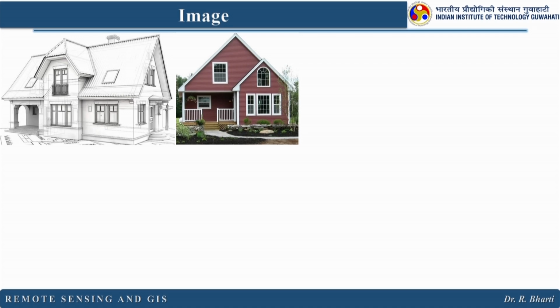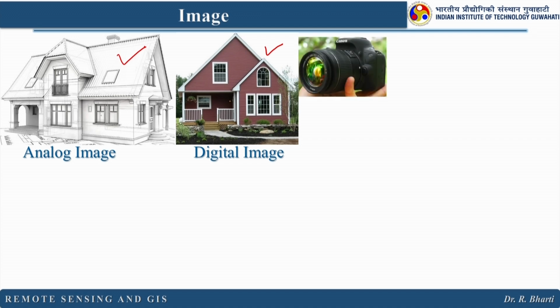So here there are two images. The left hand side image is an analog image, whereas the right hand side is a digital image. Analog images can be produced using a paper, pen or color pencil, whereas digital images can be captured using cameras. Nowadays this is very popular. Anybody is holding a DSLR or normal camera or even a mobile phone through which you can easily capture an